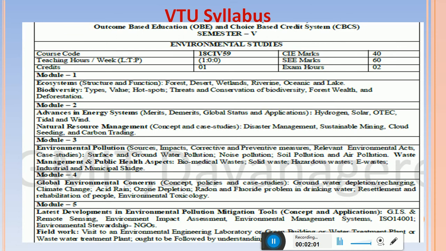Module 1 consists of ecosystems, the basic structure and function of ecosystems, and the different types of ecosystem, biodiversity, importance of biodiversity, what are the threats to biodiversity, then conservation of biodiversity, forest wealth, and the problems of deforestation, etc., which most of you might have already studied at your high school level and also at PU level, but just to refresh you about these things, which is very important,